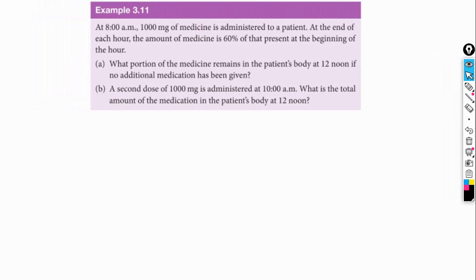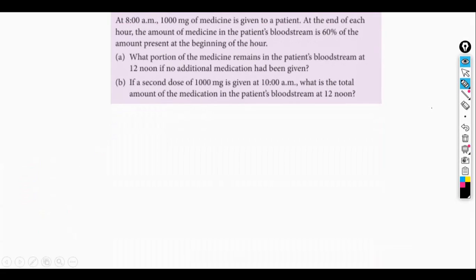Next, we have example 3.11, and it says, at 8 a.m., 1,000 milligrams of medicine is given to a patient. At the end of each hour, the amount of medicine in the patient's bloodstream is 60% of the amount present at the beginning of the hour. A. What portion of the medicine remains in the patient's bloodstream at 12 noon if no additional medication has been